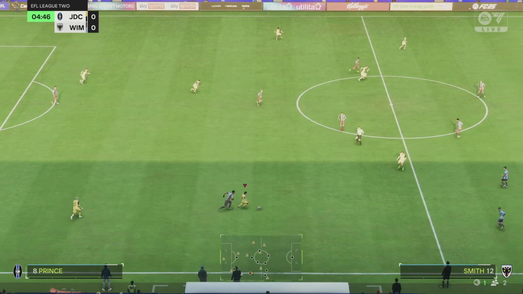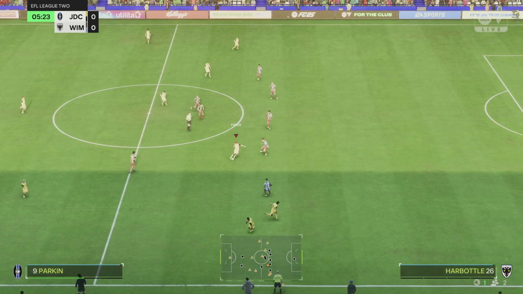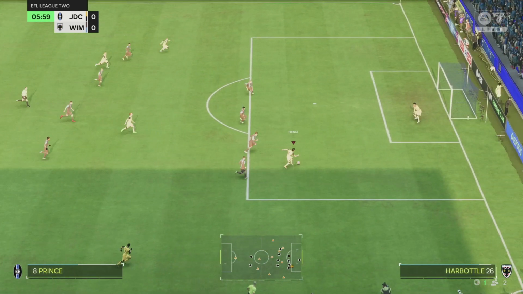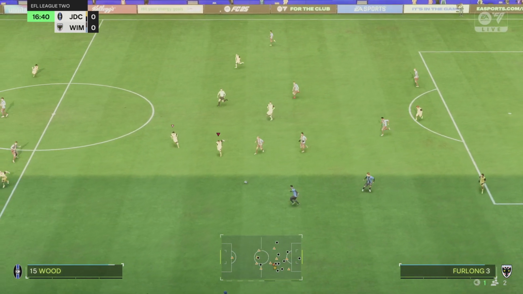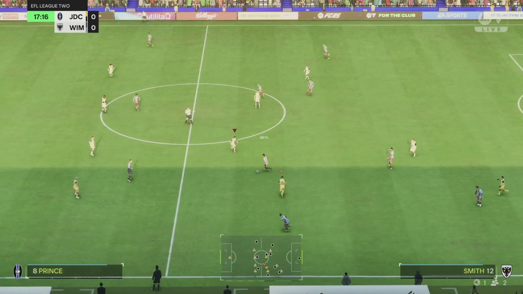Prince picks it out in the middle. He skips past Smith there. The opposition can't catch up with him whatsoever. Austin Parkin is found. Back to Prince. What an over-the-top ball this is. What a move this is from Prince. This could be perfect. He tries to get the shot off, but Hardbottle denies him at the last moment in time, and that was a very good move by JD Cook FC on the break, but it wasn't to be